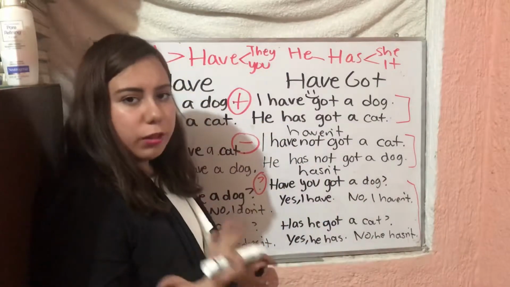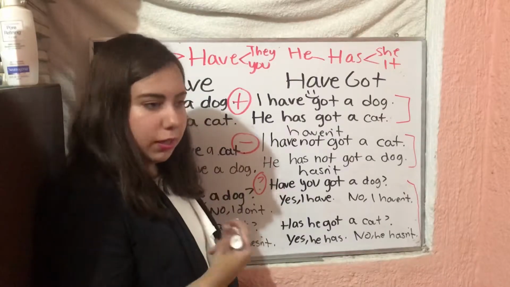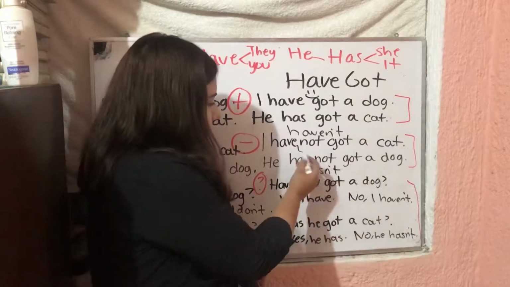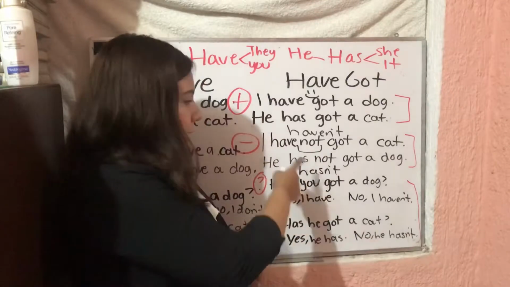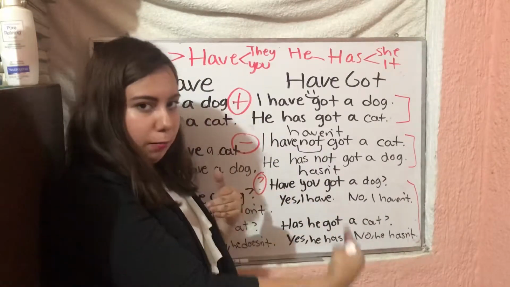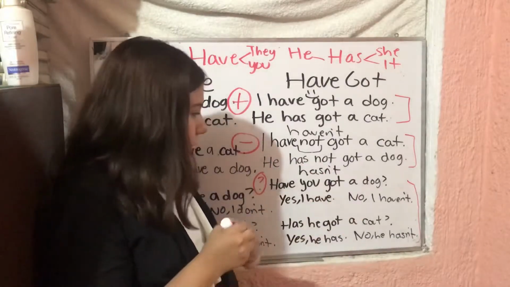But sometimes in a relationship, we let certain negativity get in between us. So when we are negative in a relationship, this negativity will separate us, okay? So here, not is separating have with got. Not, the negativity is in the middle, okay? Have not got, has not got, okay?